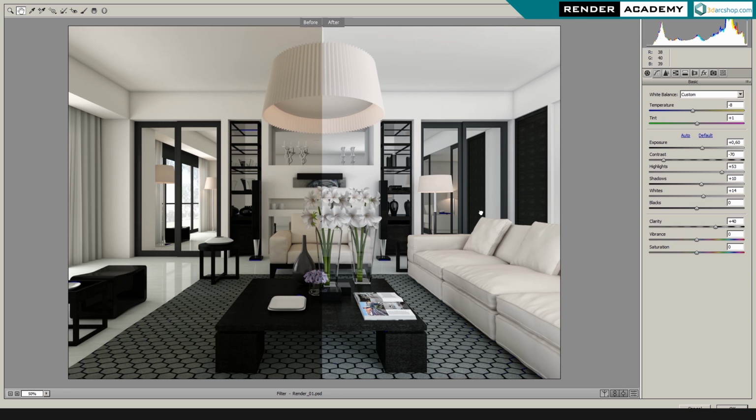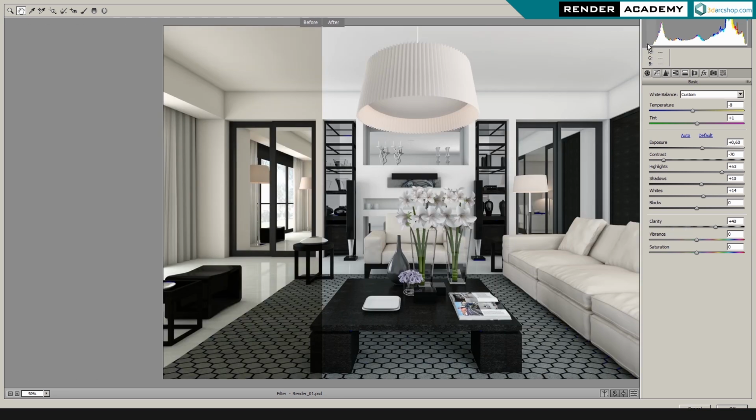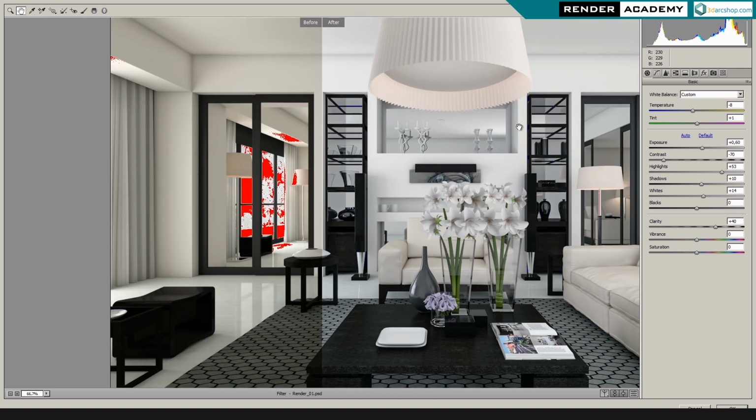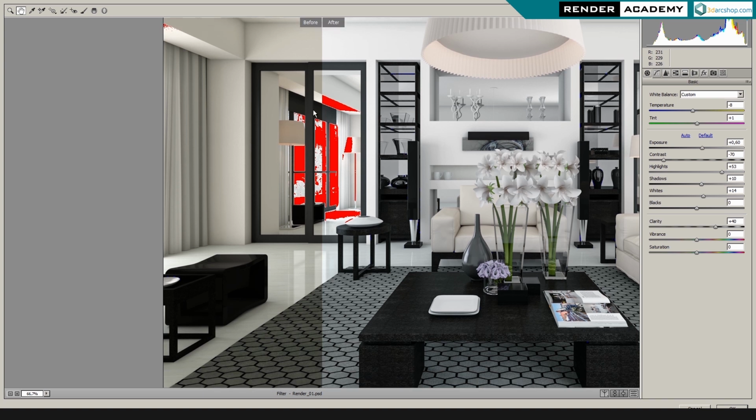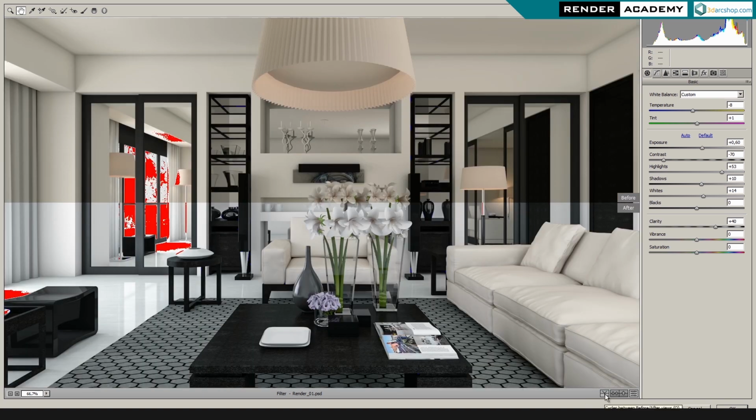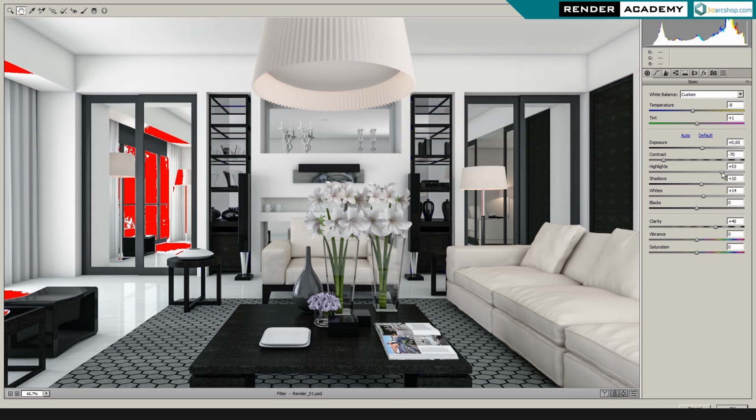So check the before and check after what happened to the scene. I activate again the warning just to be sure that nothing is going to be overexposed in that area, because I have this cycle mode and I'm not able to see exactly what is happening. So I remove it and I can use the highlight or directly the white to clamp and recover a part